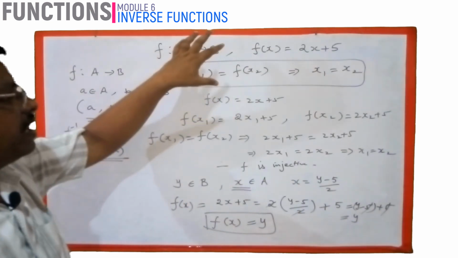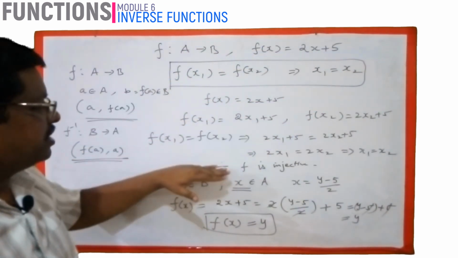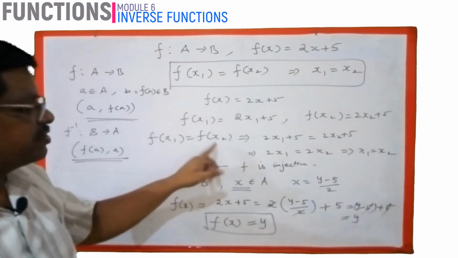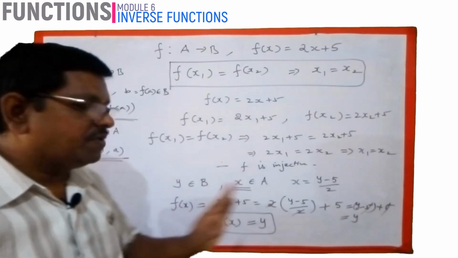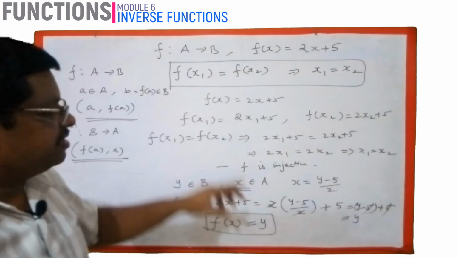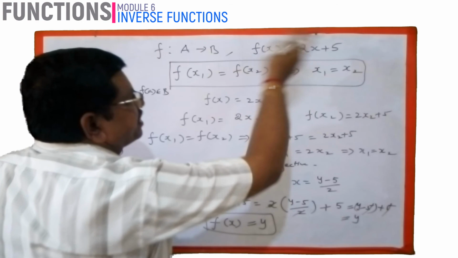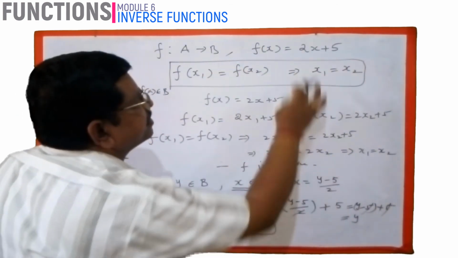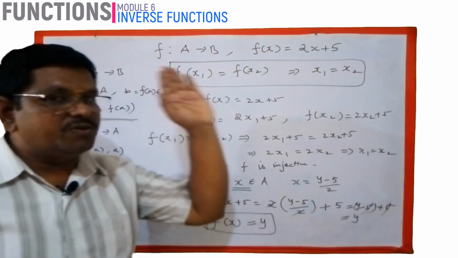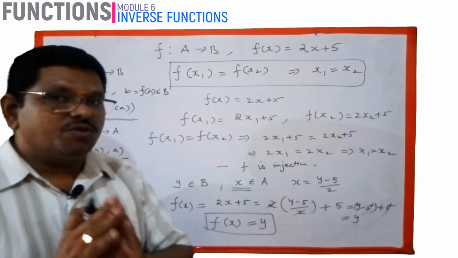Okay. So if you are asked to find whether the function has an inverse or not, first you have to check whether it is injective or not. This is the method of finding it: taking f of x1 and f of x2 equal, and finding that x1 and x2 are equal. Second, you take y as the element in the second set and x as the element in the first set. Taking the element in this way, x equals, here this 5 goes to the left side, so automatically it is minus 5. It is taken as (y minus 5) by 2, that we substitute here to find whether f of x equals y or not. Yes, here it is satisfied. So both the conditions are satisfied.